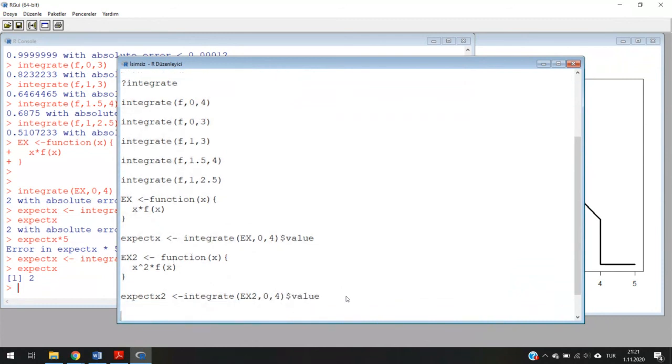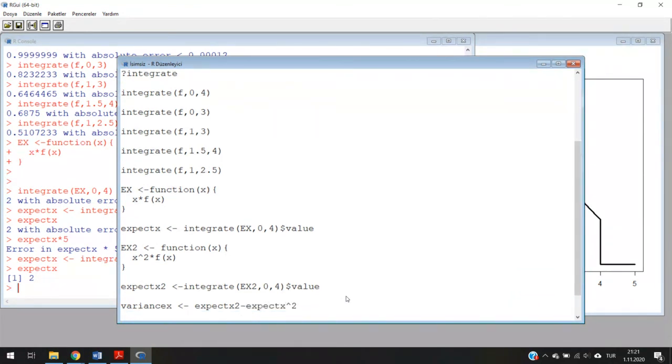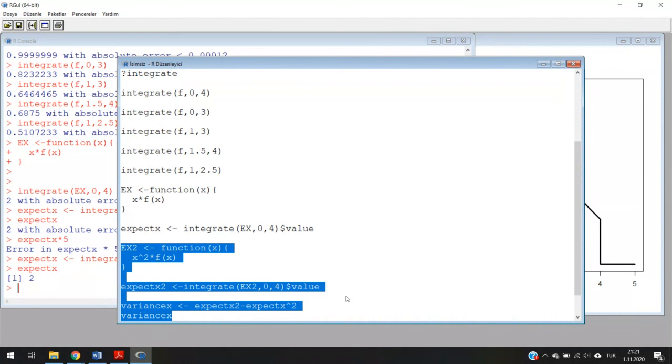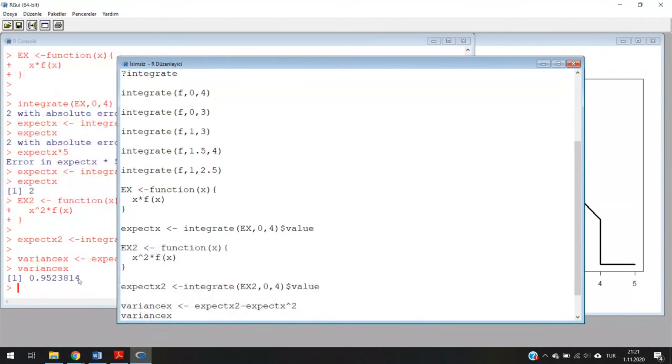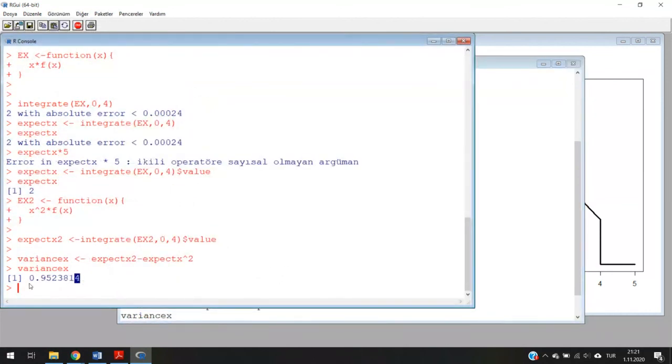And finally, we will write the variance of x is equal to the expected value of x squared minus the square of the expectation, right? And the variance x will be taken as an output. So let me perform the rest of the operation. As you can see, the variance of the random variable defined here is equal to